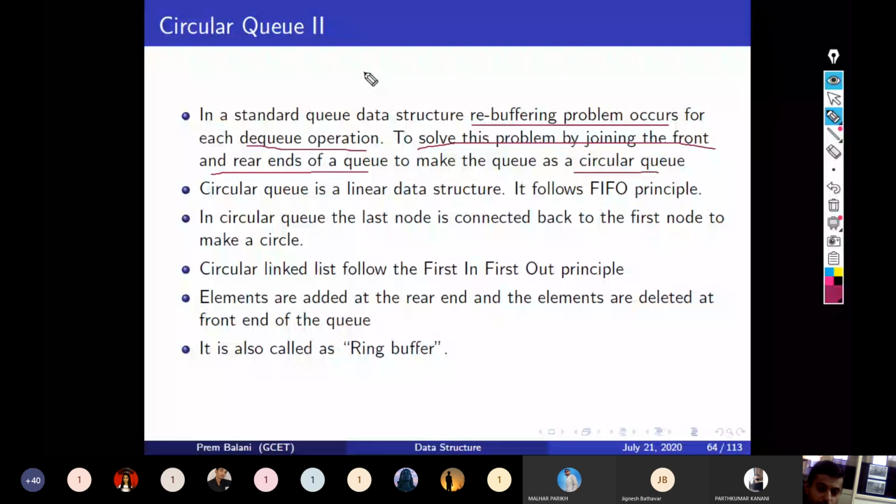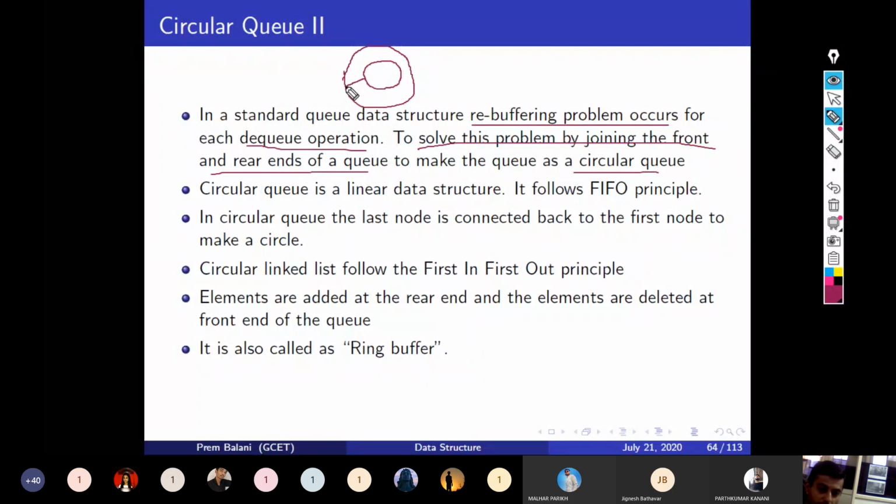Instead of considering a linear queue, we consider a queue in a circular fashion, and the 4 elements can be stored like this.